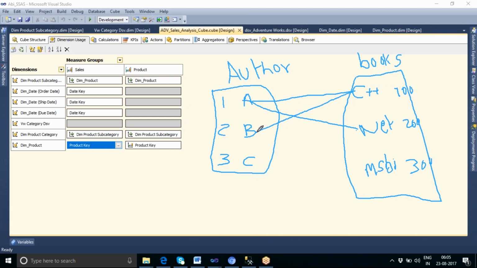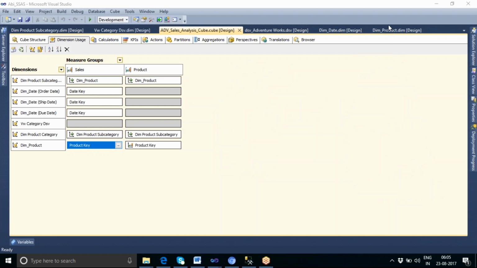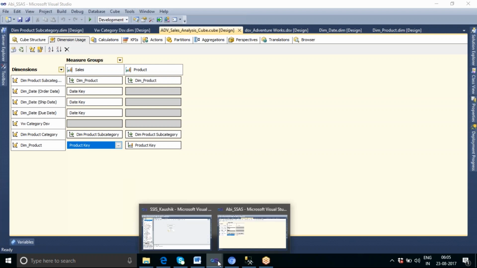Now this is an example for creating a many to many relationship. Let us see how we can design that in SSAS. For that purpose, let me first create tables on the SQL side, in my SQL database.